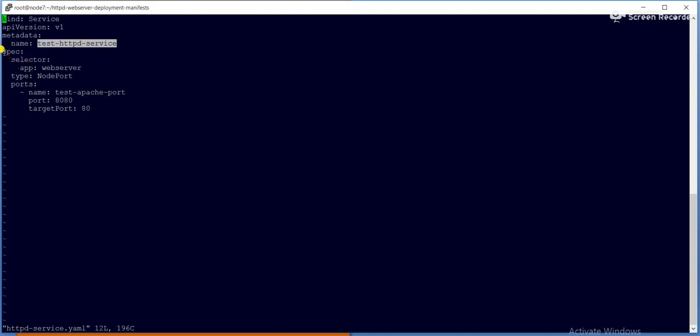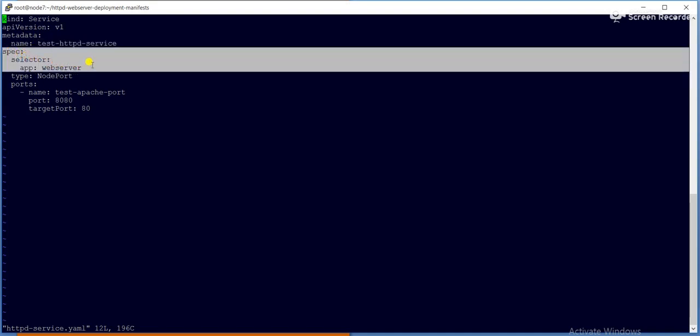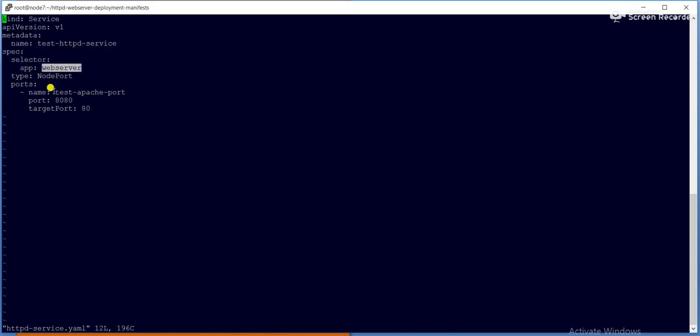So here is the most important thing. Okay, this is the most important thing, because we are exposing the service for the deployment, right? Okay, container has been created. So in this case, if you can remember, in the earlier deployment I had given a label name, right? So here I am using the service